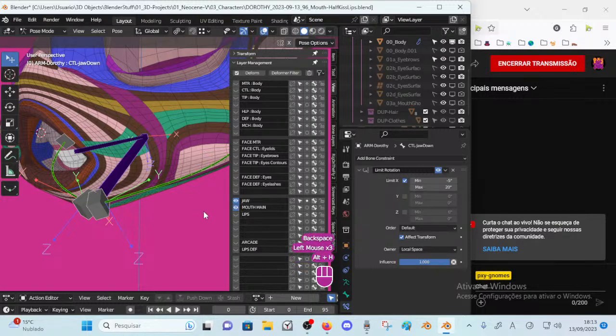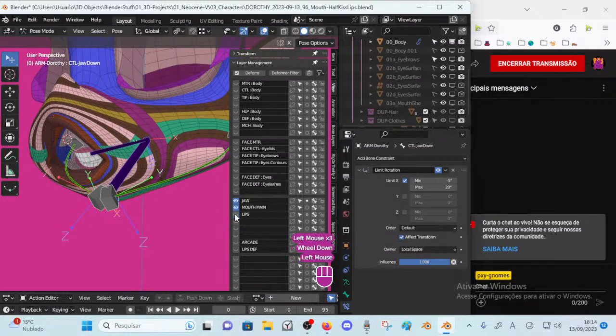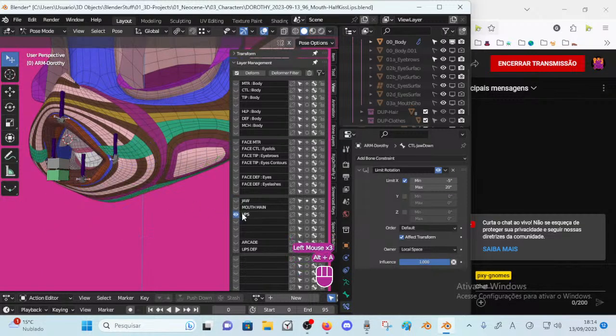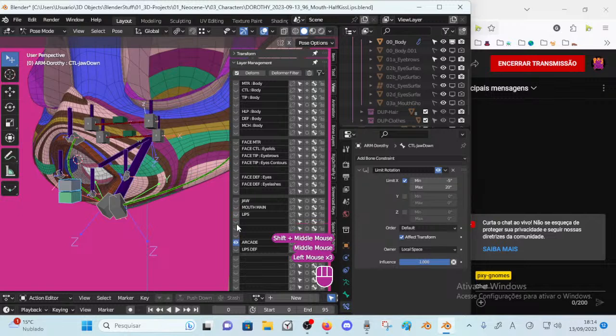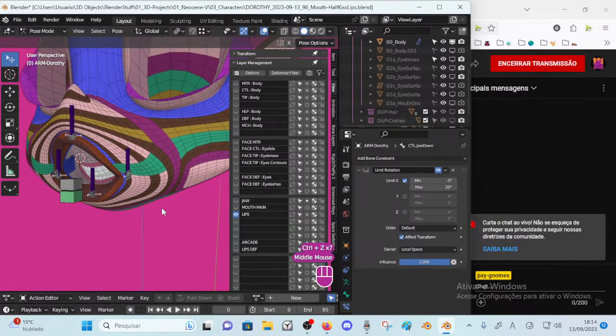Mouth main is empty, there's nothing here. Lips, this is old lips, so we're going to send this to arcade, which is, no, it is not empty, but arcade is just okay. No. Okay, pick this and send this to this layer, which is empty and has its